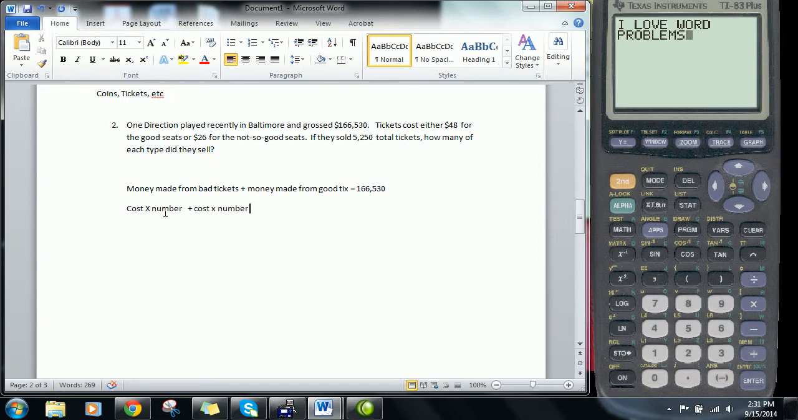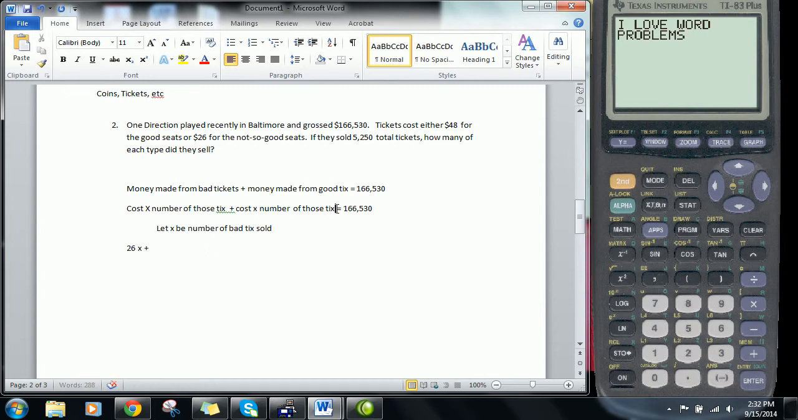And I mean by number of tickets sold, right? Plus cost times number of those tickets is 166,530. Right? Now I just need to quantify. Right? I need to get more particular, right? So in order to do so, I'm going to say, okay, well, let's let X be number of bad tickets sold. Right? And now that's important because now I can say, okay, therefore, the cost of those bad tickets, right? I know they're 26 a pop. I'll get rid of the dollar sign, times the number of bad tickets,